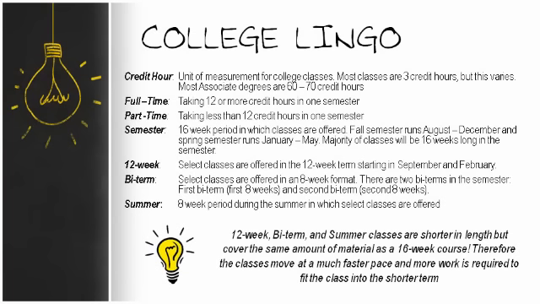There are 2 bi-terms in a semester. First bi-term, first 8 weeks. Second bi-term, second 8 weeks. Summer term is an 8-week period during the summer in which select classes are offered. 12-week bi-term and summer classes are shorter in length but cover the same amount of material as a 16-week course. Therefore, the classes move at a much faster pace and more work is required to fit the class into the